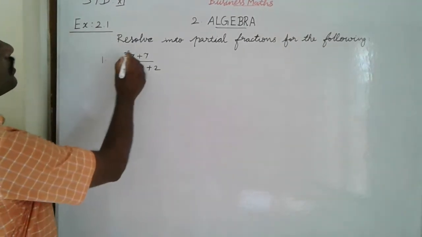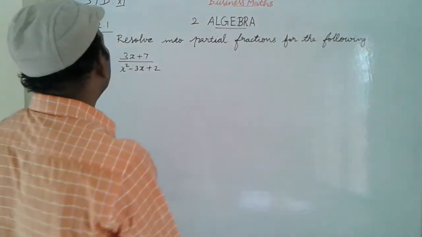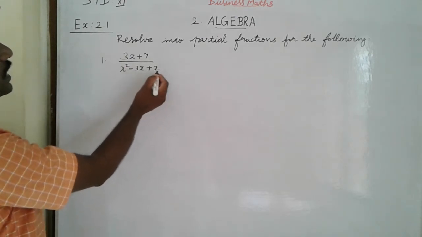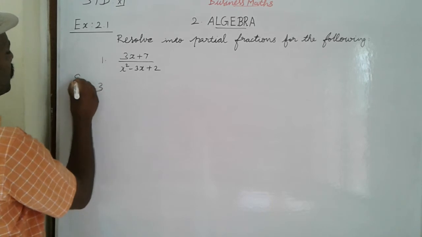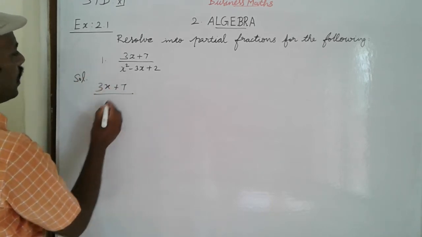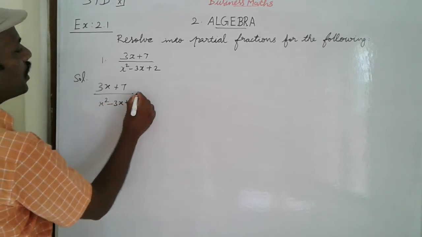Exercise 2.1: resolve into partial fractions for the following. The first one: (3x + 7) divided by (x² − 3x + 2). So the solution: (3x + 7) divided by (x² − 3x + 2) equals,